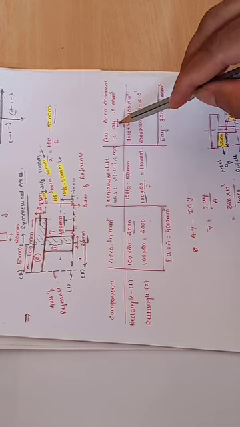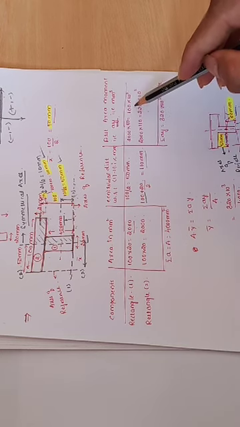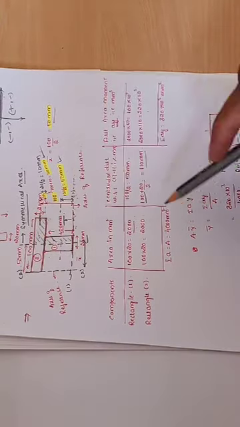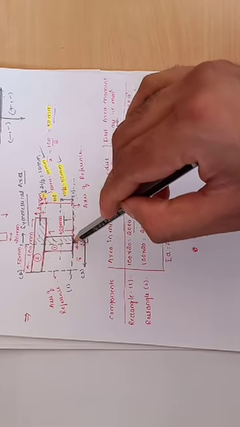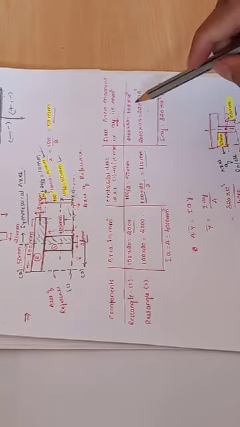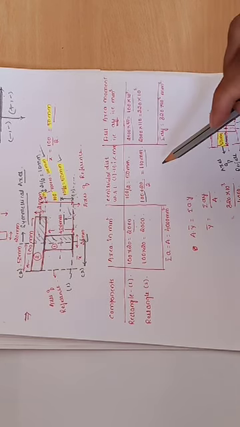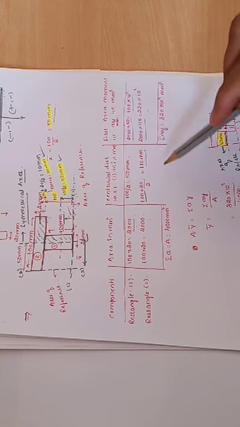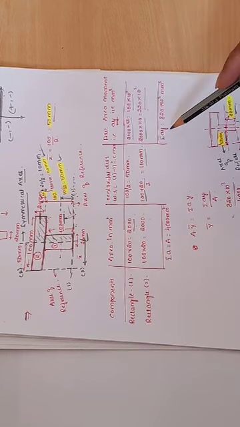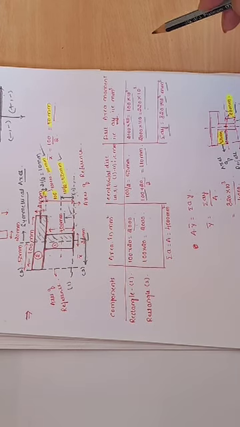After that, find out the first area moment of individual components. I have two components. Find out the first area moment with reference to this axis for each. That will be 2000 into 50, which is 100 into 10 raised to 3. Similarly 2000 into 110, which is 220 into 10 raised to 3. So the summation of AY you will get is 320 into 10 raised to 3 millimeter cube.